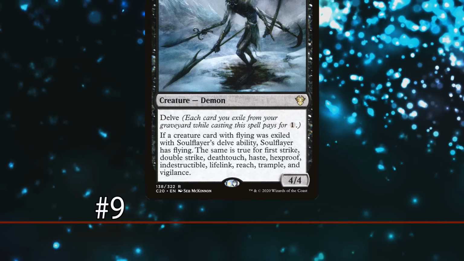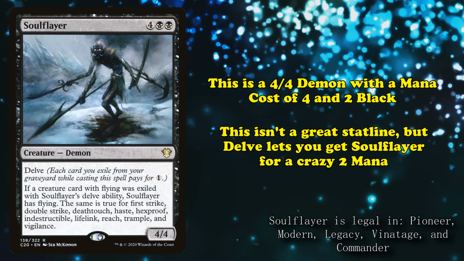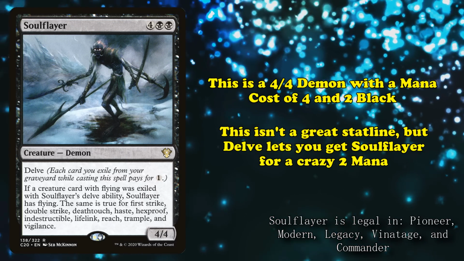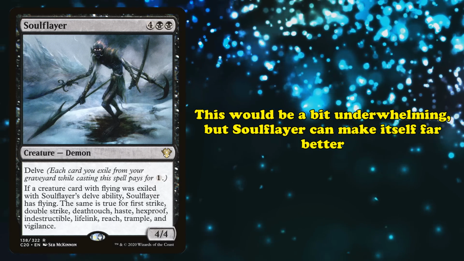And at number 9, we have Soulflayer. Soulflayer is a 6-mana demon with 4 power and 4 toughness. While these stats are fairly unimpressive, the Delve ability allows you to exile up to 4 cards from your graveyard to make it only cost 2 black mana. This alone would still be fairly underwhelming, but Soulflayer gains additional abilities based on what cards were used to delve